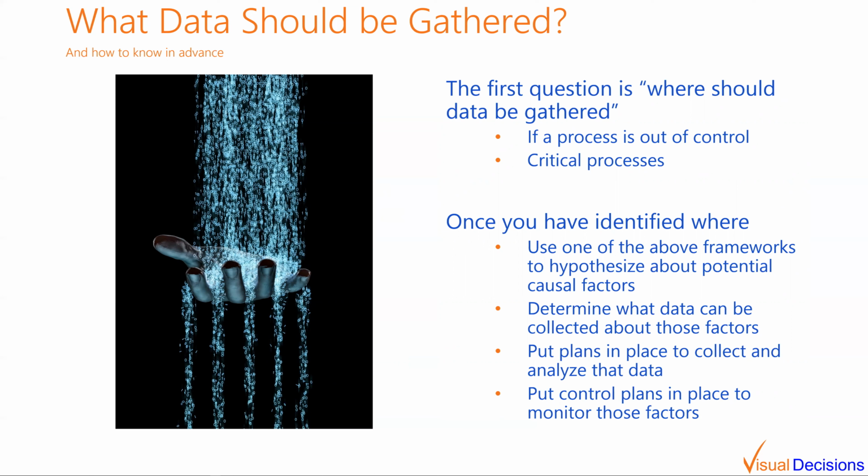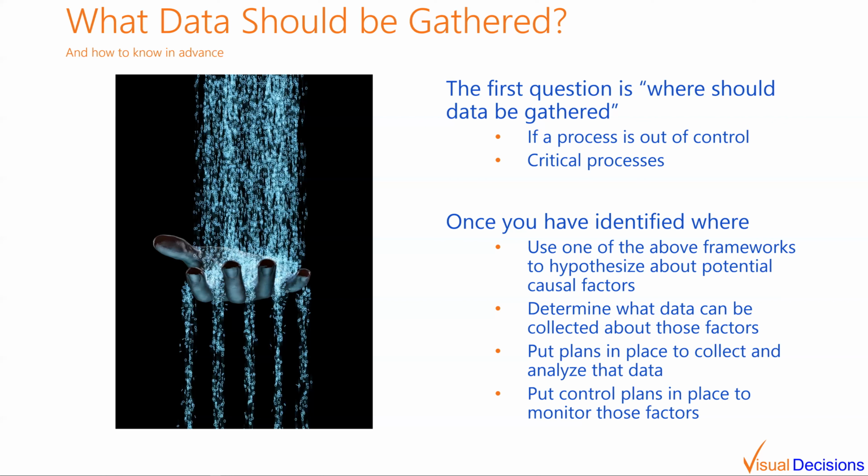Once you've identified where, you can start to utilize one of those above frameworks to hypothesize about different potential causal factors. So if you've done a FMEA on that process and you start to identify what are the different signals that we can monitor that will tell us when this causal factor is going to occur, you can put those plans in place to collect and analyze that particular data,